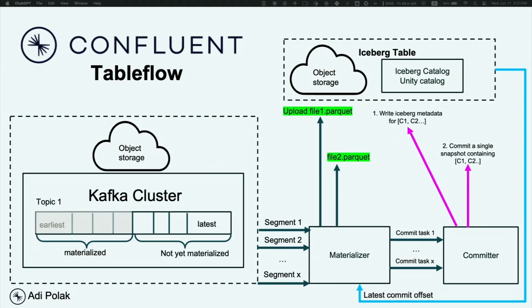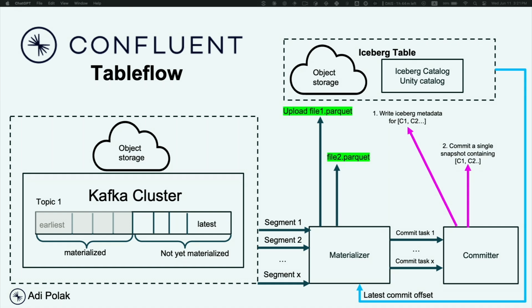So how did we go about consistency when we built Tableflow? So we talked about bringing in the segments, right? And for every segment, I want to make sure I'm managing that consistency while interacting directly with my Iceberg table. So I'm adding two more services. One is a materializer of the segments of the data itself, and another one is the committer, because I want to create something like a two-phase commit that's going to make sure I have all my data in there, as consistent as possible. So after bringing the segment through the materializer, writing into the object storage for the Iceberg table,